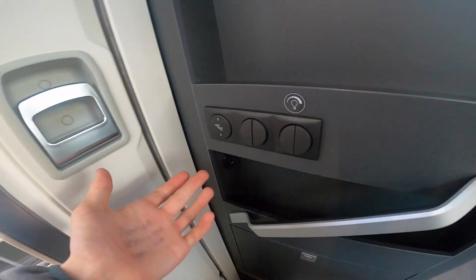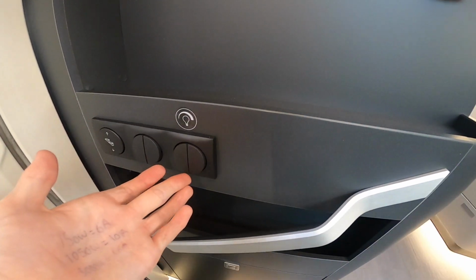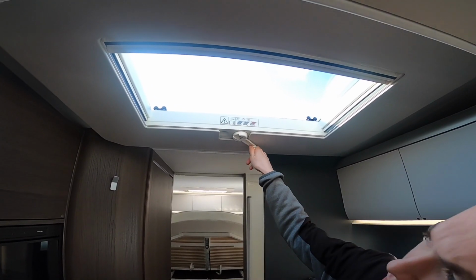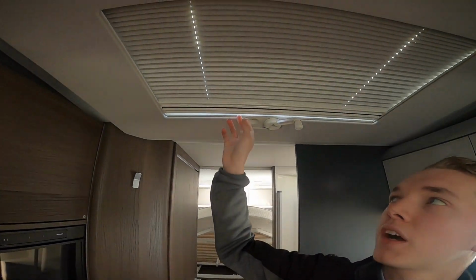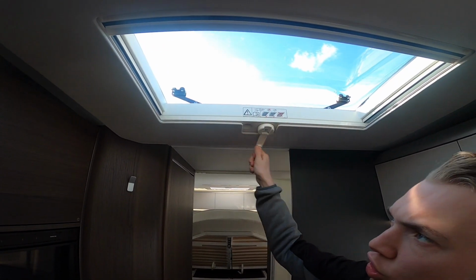And then you do have your step switch, your lights which are dimmable just here. And to work your large roof light, you'd use your winding handle and wind, and you do have fly screen and blackout blind on there, and obviously allow that to shut properly